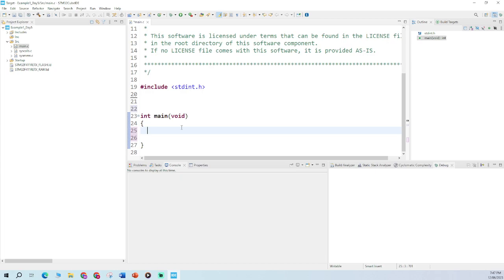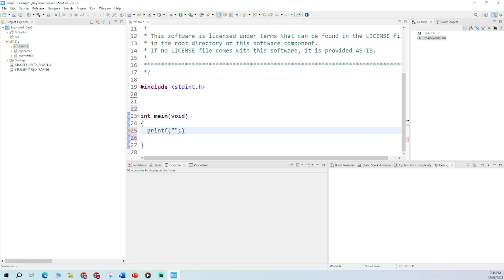As most of you will be familiar from your C programming days, printf is what you use in your code to view the outputs in the console window. This is the console window where you will see the status of your code, and this is your outline window where, as soon as there are changes, you will see the added files as I progress and type. Okay, let's start. I'm going to write my first printf,